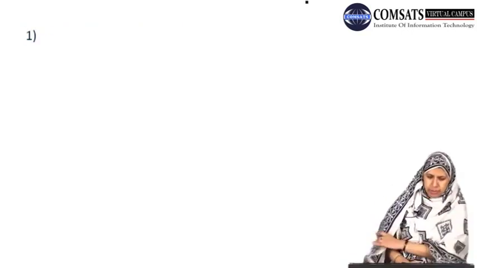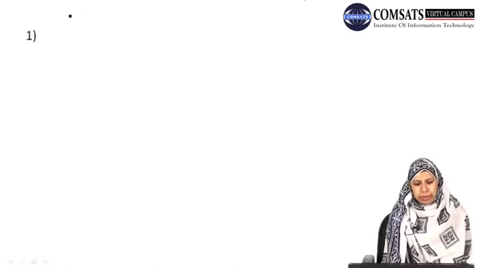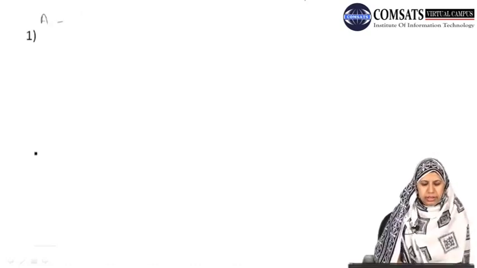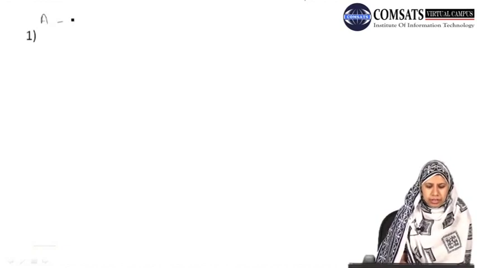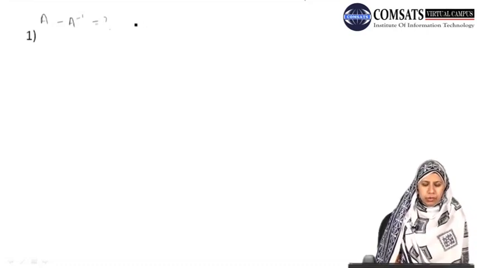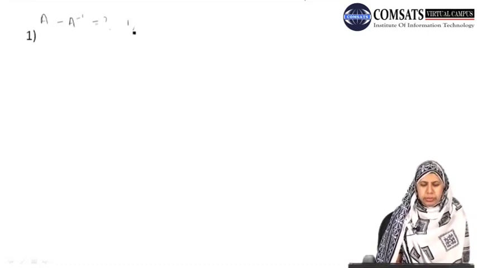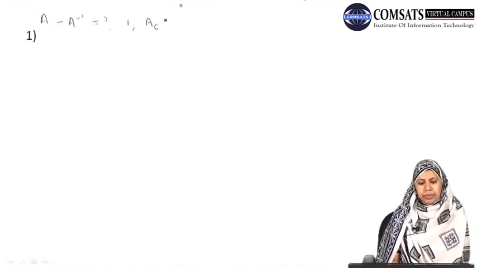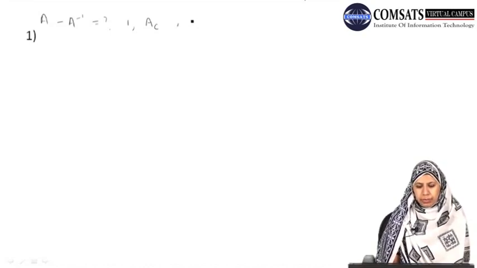So we start with an example, but before starting, we give some notations to our matrices which we will use. If A is the matrix and we are interested in finding the A inverse of this matrix, then by using the method of cofactors, our first step is to find the matrix of cofactors. We denote this matrix by A subscript C. Then we take the adjoint of our matrix A.